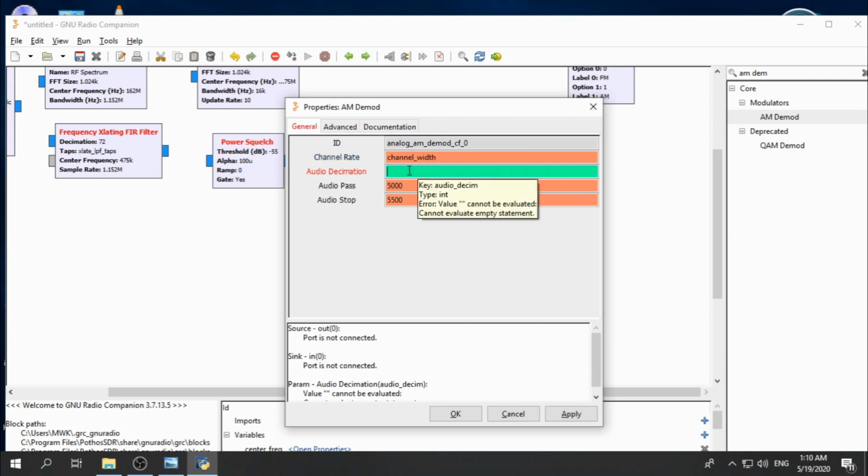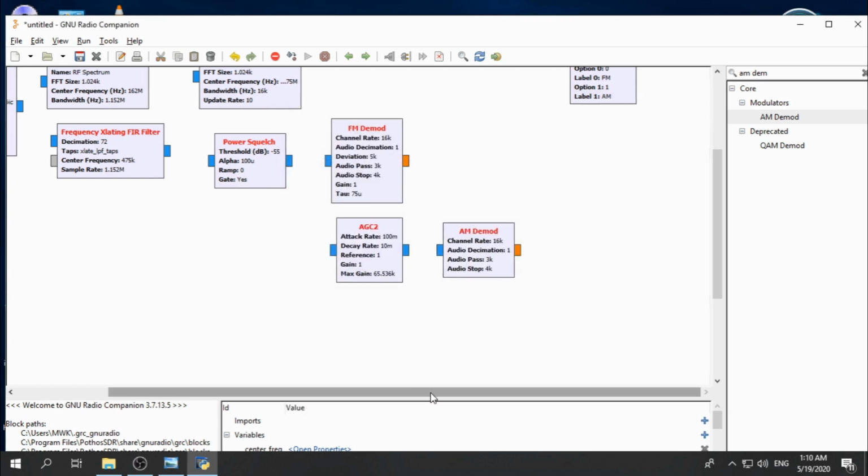And the audio decimation, let's make it 1, and the audio pass, let's change it from 5000 to 3000, and the audio stop to 4000. Okay,